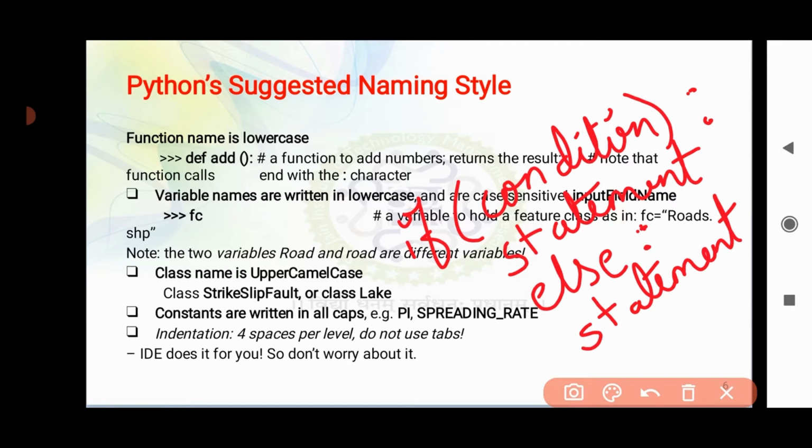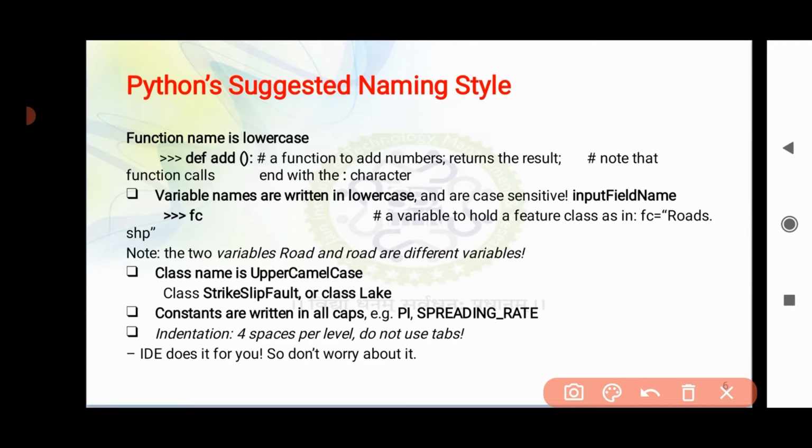Now similarly, when you use any variables in Python, variables should be given proper naming conventions. Let me give you an example of how variables are to be used. This is my first example, and now the same variable you are going to use as this one.